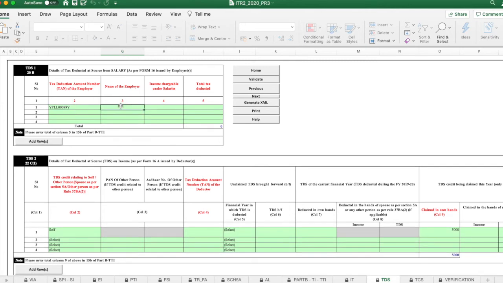Then the name of the employer, then the income chargeable under salary, that is the total amount for which the tax has been charged. For this case, I'm just putting 4 lakh as an example, and the total tax deducted I'm putting as 4,000.